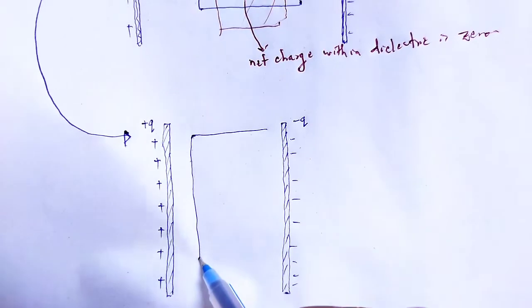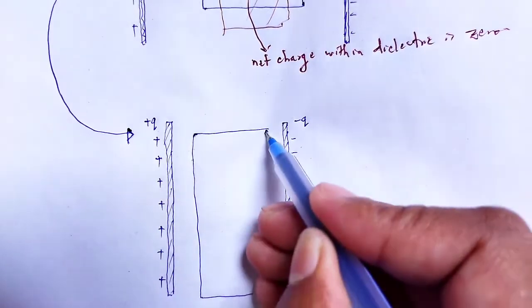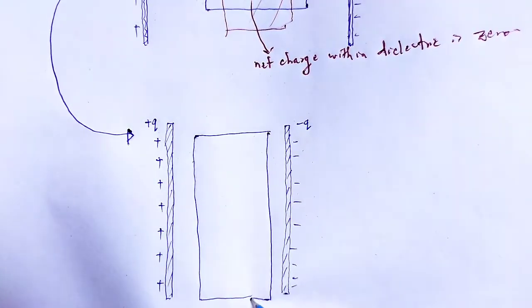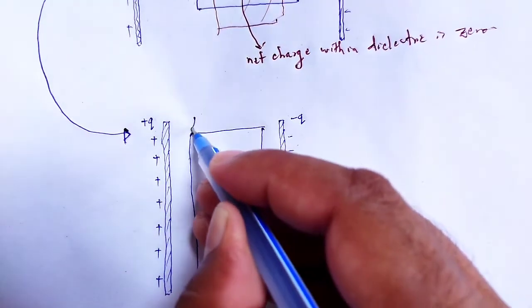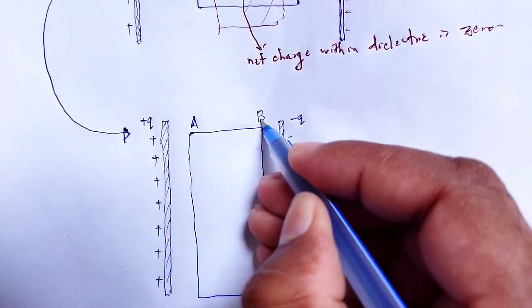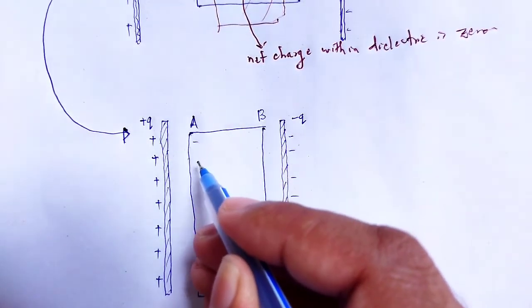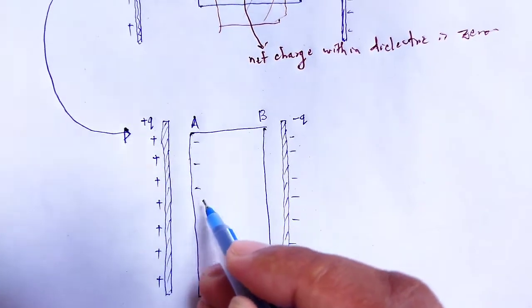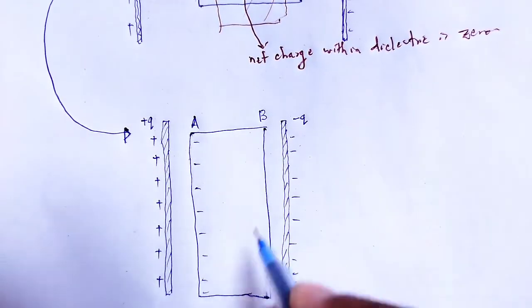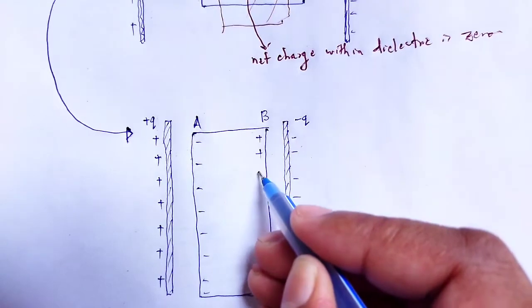There will be the dielectric. Inside that dielectric, at A end negative charge, at B end positive charge,